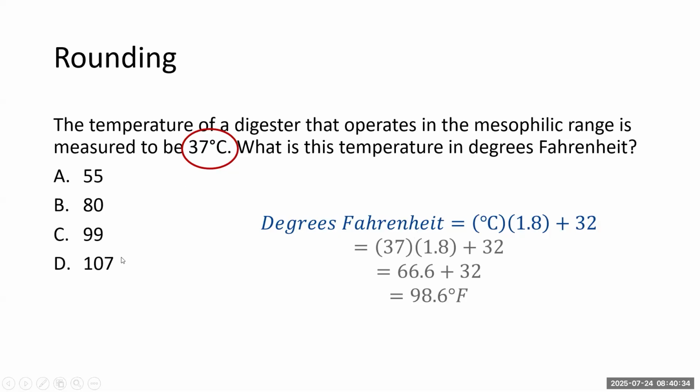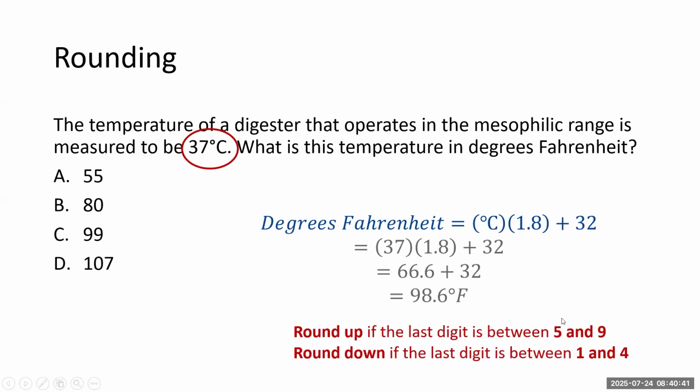But wait, none of the numbers that we have as our answer options on the left here are 98.6. What do we do? We round. Rounding is really like taking a number that is not a whole number and approximating it to the next closest thing. It simplifies the numbers that we have to keep track of, so that if we get some kind of big number, we know how to reduce it down to the closest approximation that we need for our purposes. So in this case, we've got 98.6.